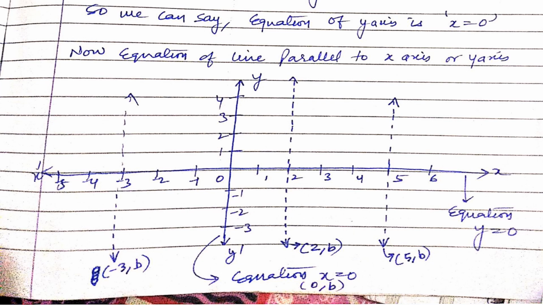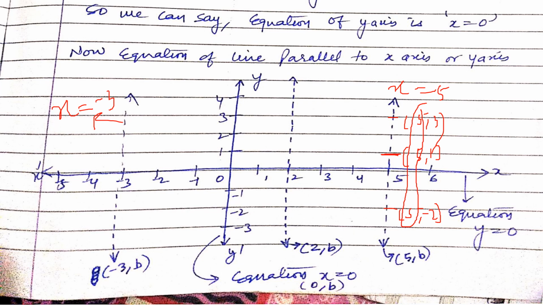Similarly, you can take this example. Please tell me what is the coordinate of this point? It is 5 comma 1. It is 5 comma 3. It is 5 comma minus 2. Again you can see the first coordinate is same in all of them. So here the equation is x equal to 5. I hope you got this. Similarly, this equation is x equal to minus 3. No issue. Whatever is common, just name it as the equation.